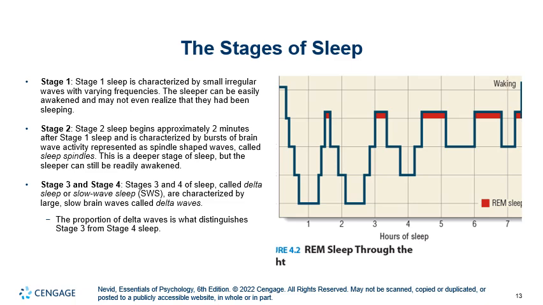It is characterized by thought-like mental activity and little to no eye movement. There are 4 stages of sleep. The first 3 stages are part of non-REM sleep, and the 4th stage is REM sleep, during which rapid eye movement occurs. We spend approximately 75% to 80% of our sleep on non-REM sleep.